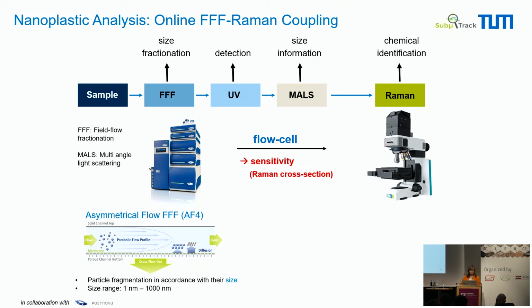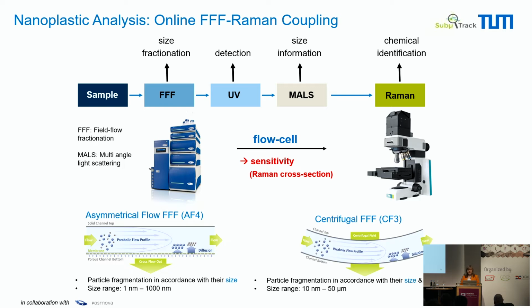For asymmetrical flow field flow fractionation, particles can be separated according to their size. First, small particles will come, and then fractions with bigger particles will follow. It can be performed in a size range of 1 nanometer to 1,000 nanometers, so we can cover the entire nanometer range. But for some applications, we found out that centrifugal FFF can be even more suitable because it allows us to